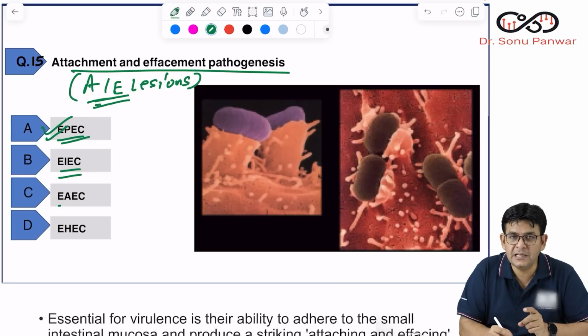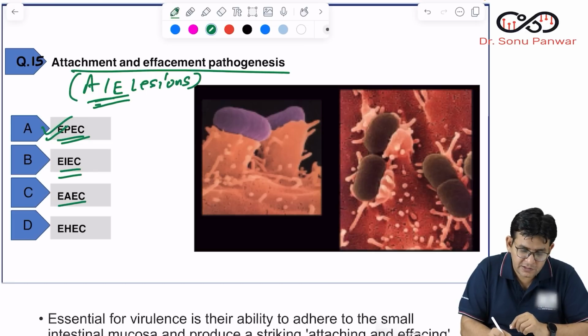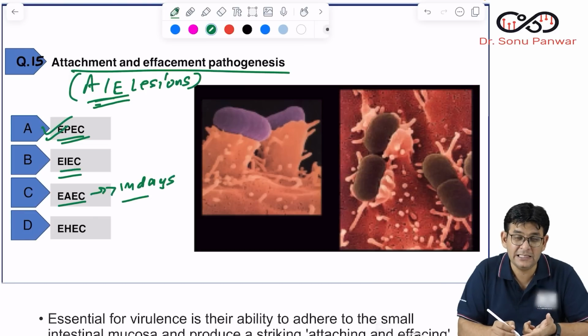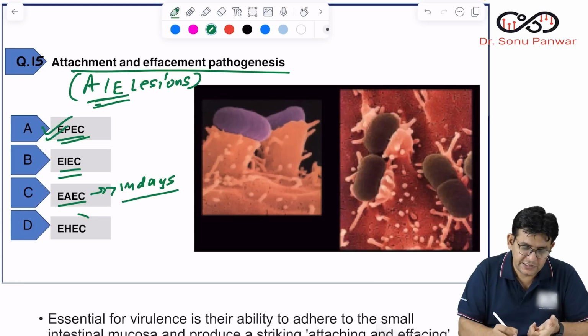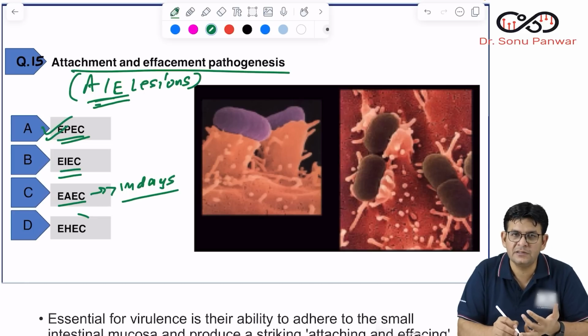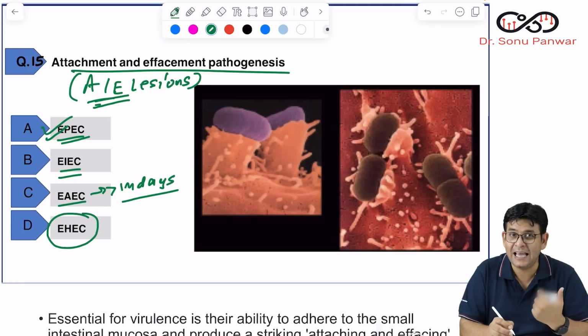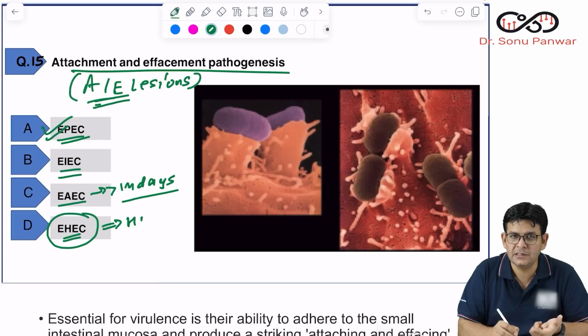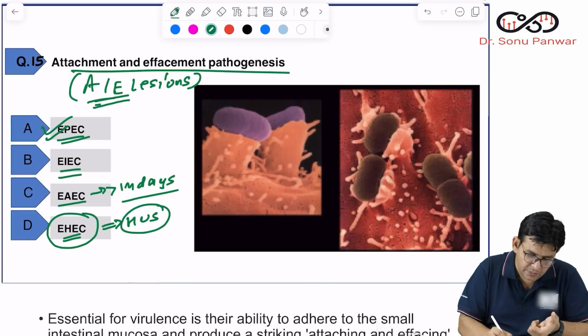EAEC leads to persistent diarrhea, more than 14 days, the diarrhea is going on. Besides this, it is done by a particular toxin, EAST 1. Besides that, it also leads to traveler's diarrhea. EHEC, Shiga-like toxin, verotoxin or verocytotoxin 1 and 2, which is an exotoxin secreted by this, and it leads to HUS in children. Besides that, hemorrhagic colitis in adults, and the culture media is SMAC, sorbitol MacConkey agar,